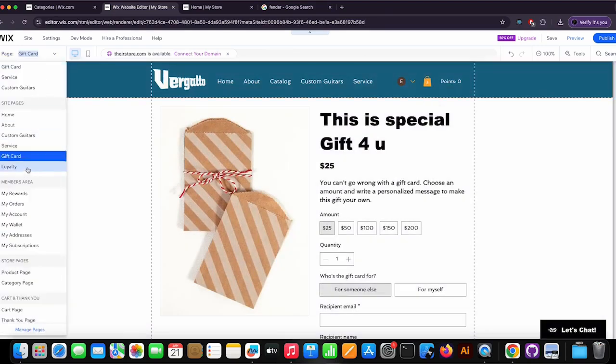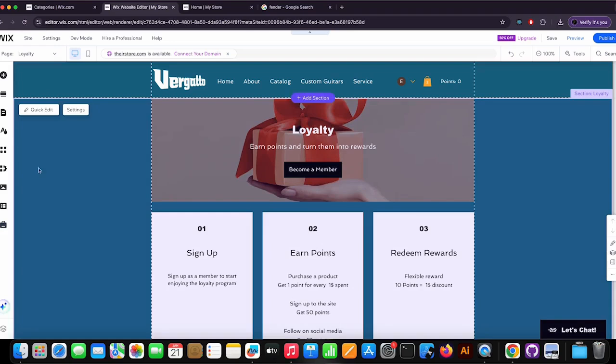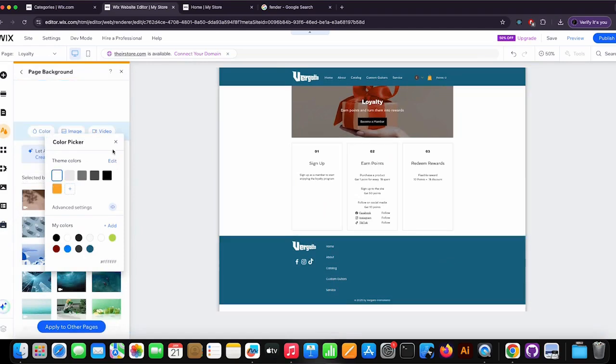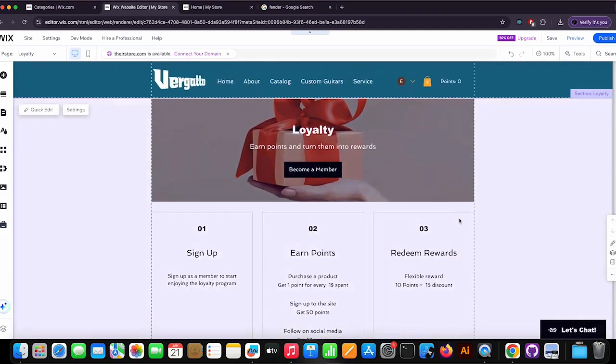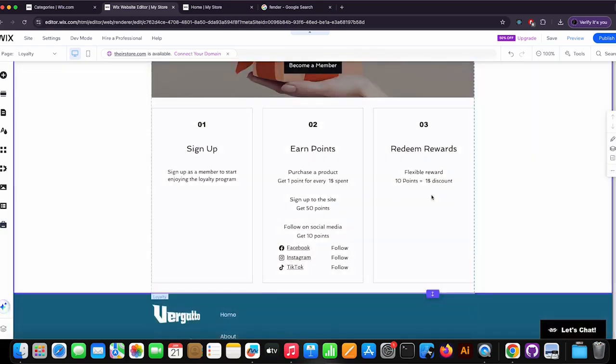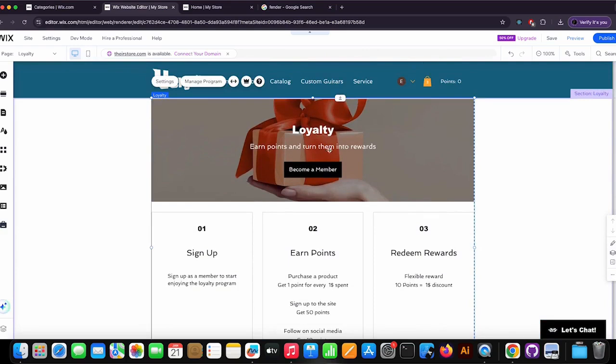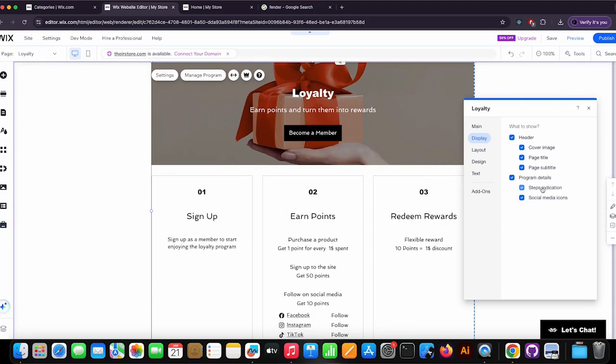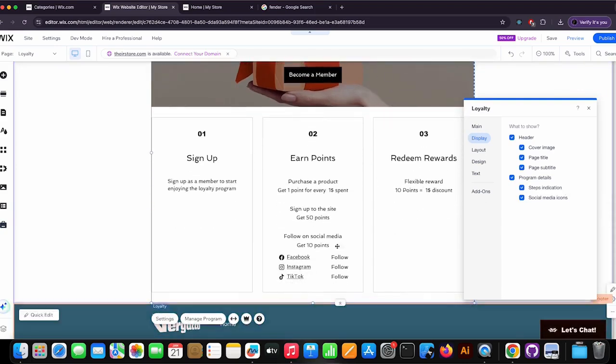We definitely have the loyalty. And here too, we need to update the page background. And now we can actually design it as well. So we have the setting. Again, we can decide what will be written, what to actually show on the card, whether it's the header, whether to show the image, the title, the subtitle, and in the program itself, whether to show the stages, the steps,